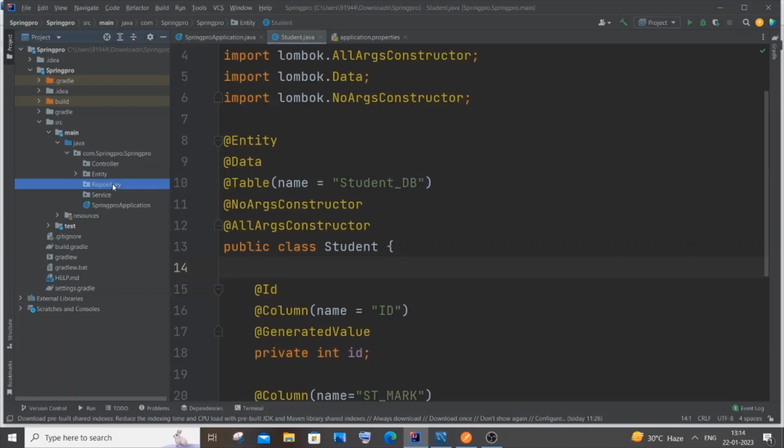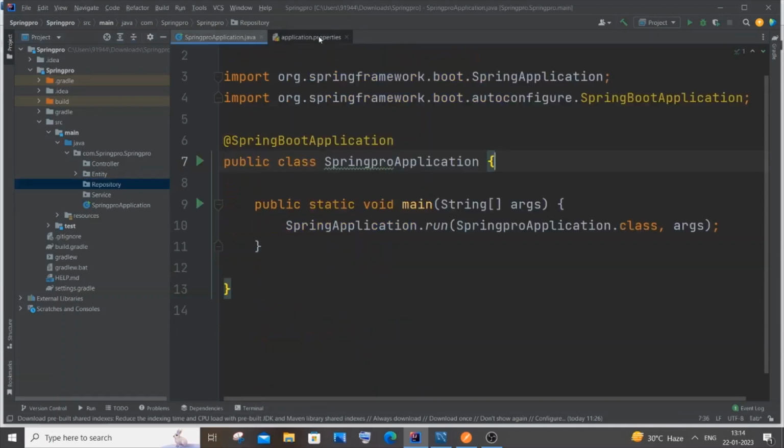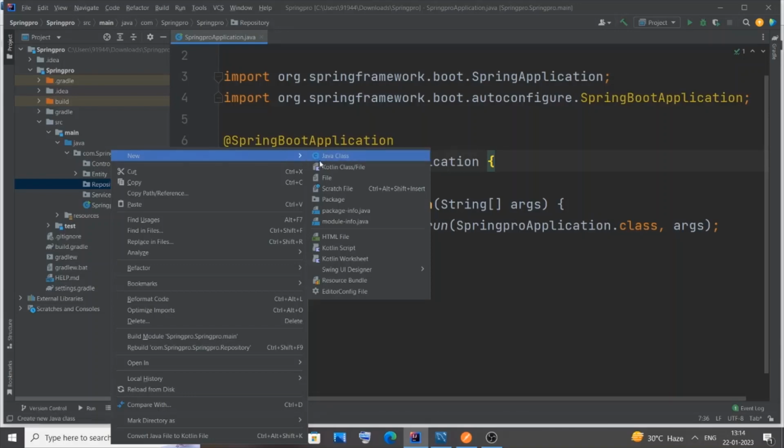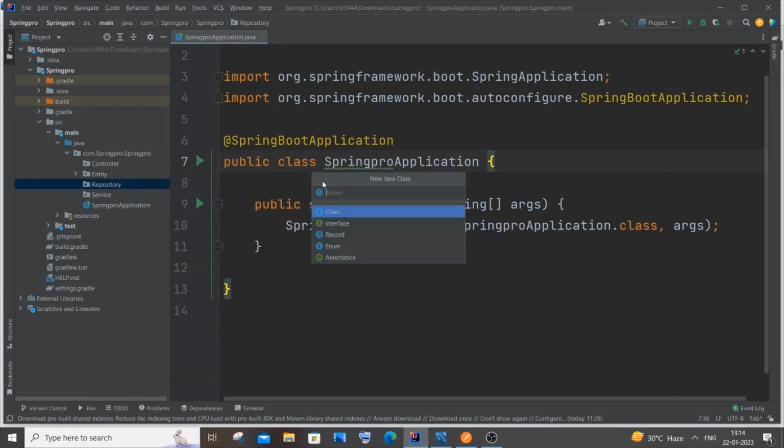So just come to your repository folder. Now we are done with our student.java. I will just close it, and close this as well. And I'll just come to the repository folder, right click, new. It's going to be a Java class, but of type repository. Okay, I will just name it as